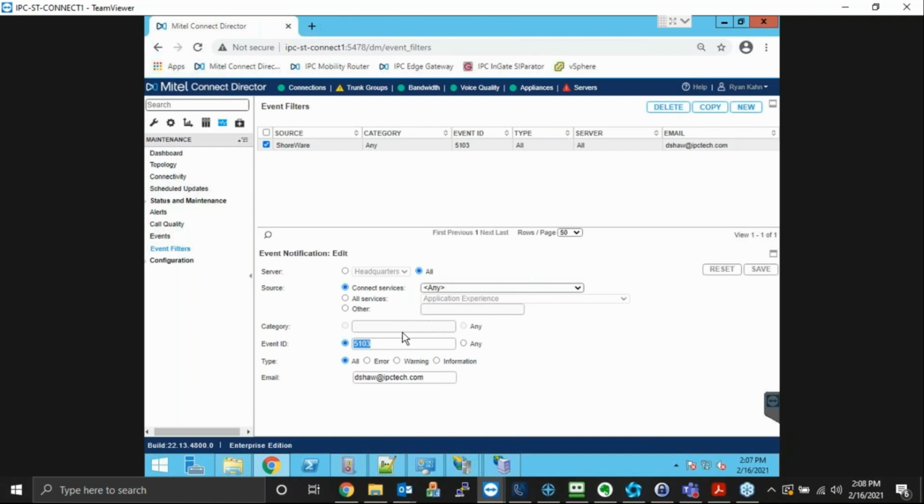This particular ID I've set up, 5103, is an ID that shows whenever someone attempts to log into their MiVoice Connect client, or maybe the director, and their credentials fail, right? So once you pop in your ID,